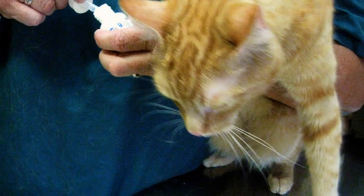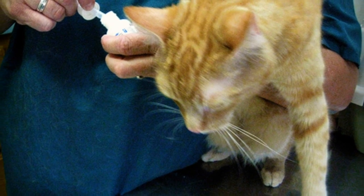Sometimes we culture the urine, but I would say less than 5% of all cystitises or inflammations of the bladder are caused by bacteria. Viruses we don't think cause it, but we treat with antibiotics. Sometimes we use anti-stress medications because a lot of these cats are induced by stress. There's a cat outside the door that's screaming, mating, and your cat's upset because it's in its territory, so